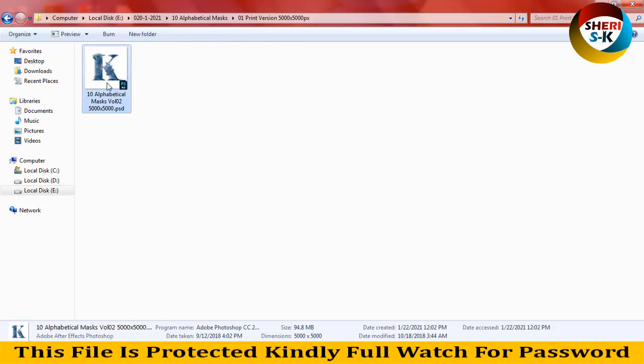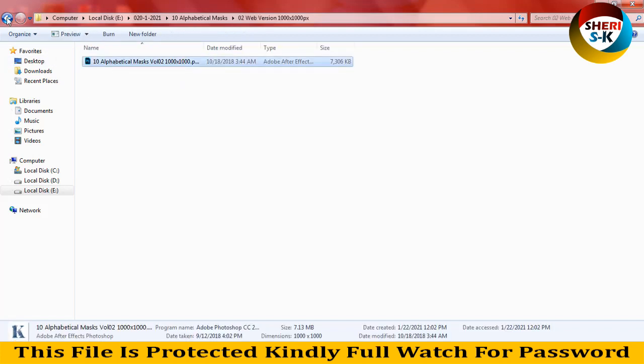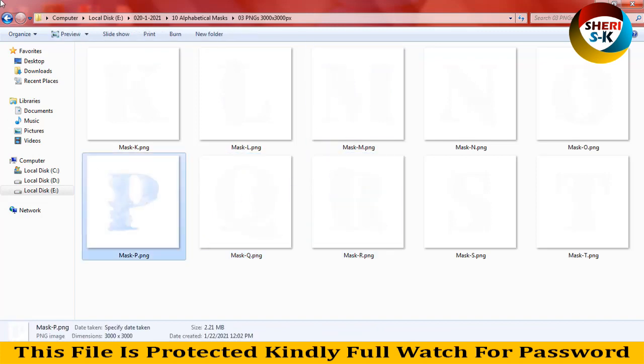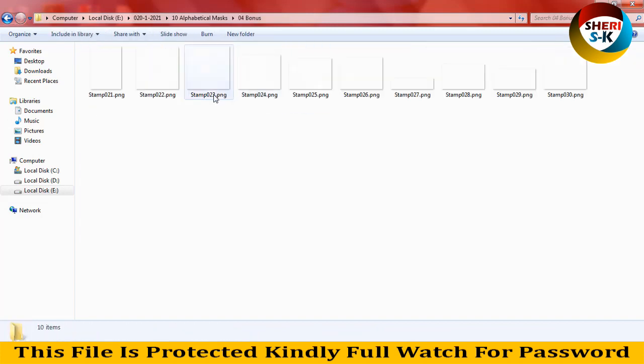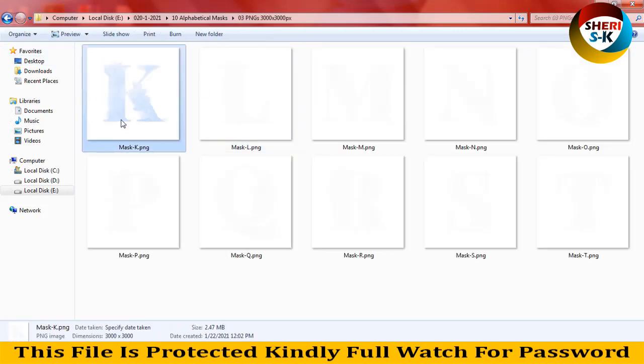Print means CMYK color, and here is the WAV version in RGB. Here is PNG. You can add it your own choice. Here is the bonus file. So first I show you this file. For example, I drag this file